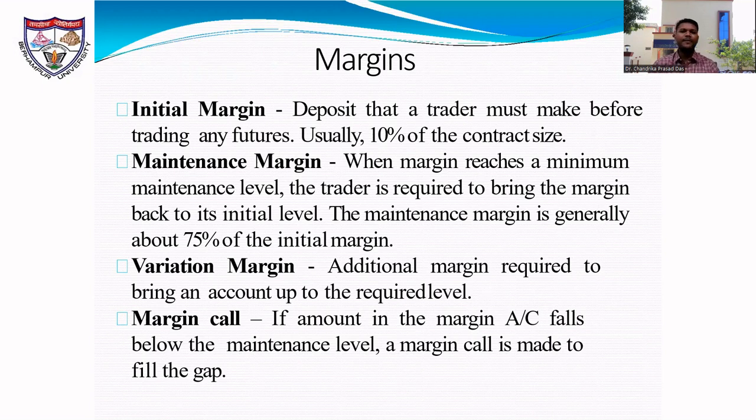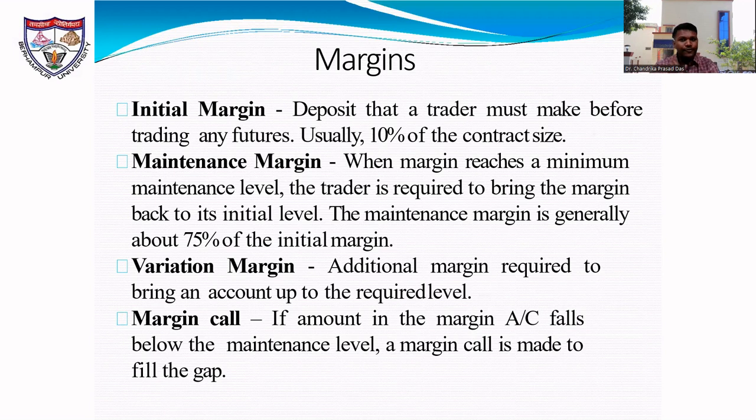Usually, the maintenance margin is generally about 75% of the initial margin. In the previous example, if the initial margin is 500, then the maintenance margin will be 500 into 75%, that is 375. And if the margin account balance goes below 375, let us say 350, then